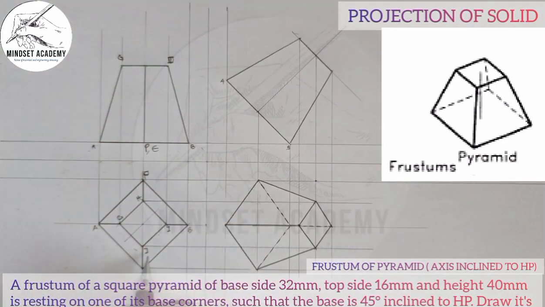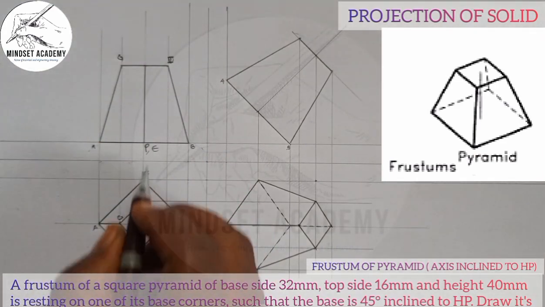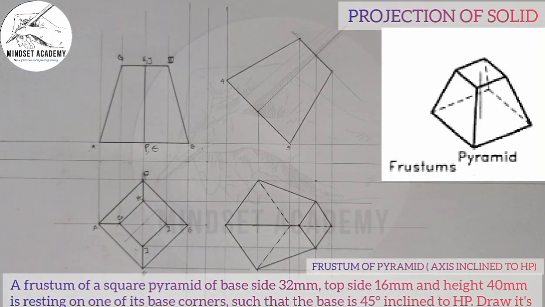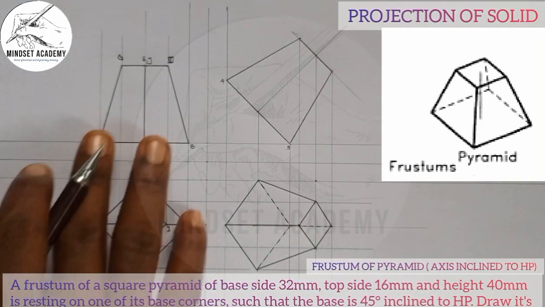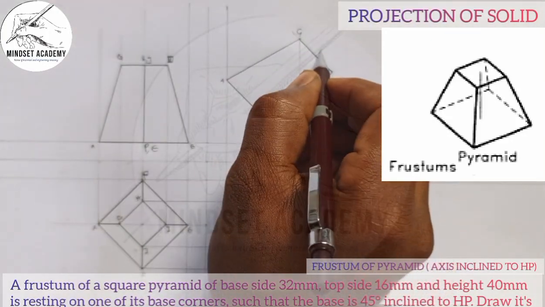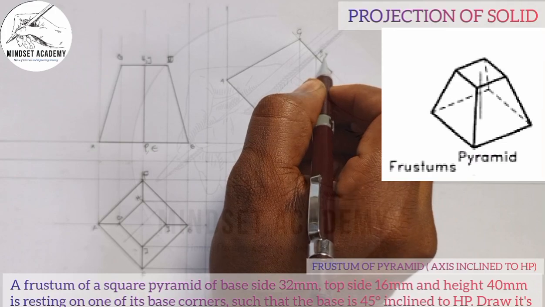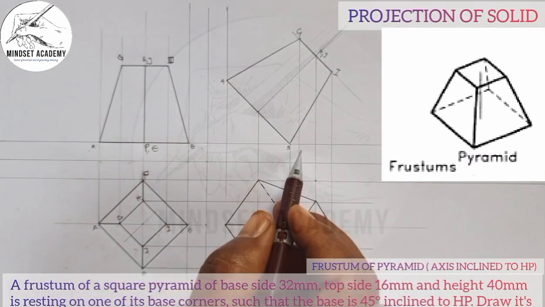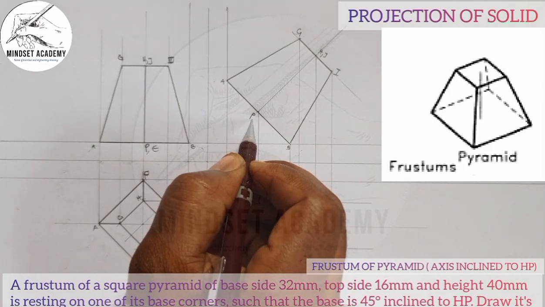And this point here will be H, J, H, comma, J. You can see that? So whatever I have here, I'm having it here. So this is G, this is H, comma, J, this is I, this is A, this is B, and this is P, comma, E,